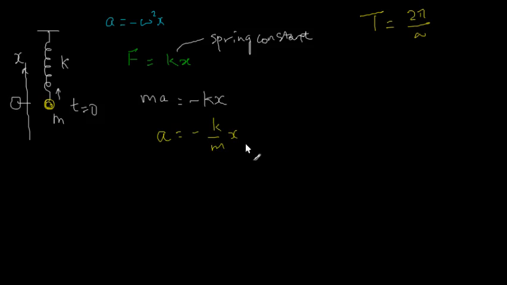So I get this. Now if I compare this, you see that they are quite similar except that instead of omega squared, I have k over m here. And the way to do it now is to say that k over m corresponds to, or is, the omega squared. Because the omega squared is just a symbol that is used in this